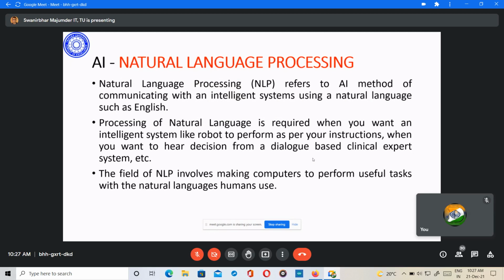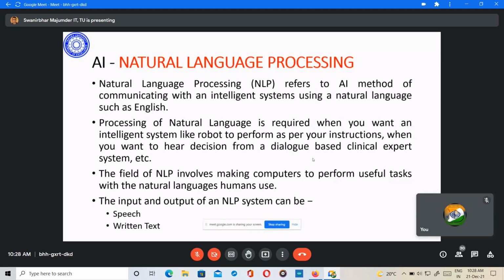Okay, so just like the ad I had discussed in one of the lectures, where you say, "Alexa, switch on the geyser," and the geyser is switched on, based on IoT and NLP, all are connected nowadays. So basically the input to any NLP system can be two things: either it is speech or it is written text. Now speech means it has to first detect what you are saying,